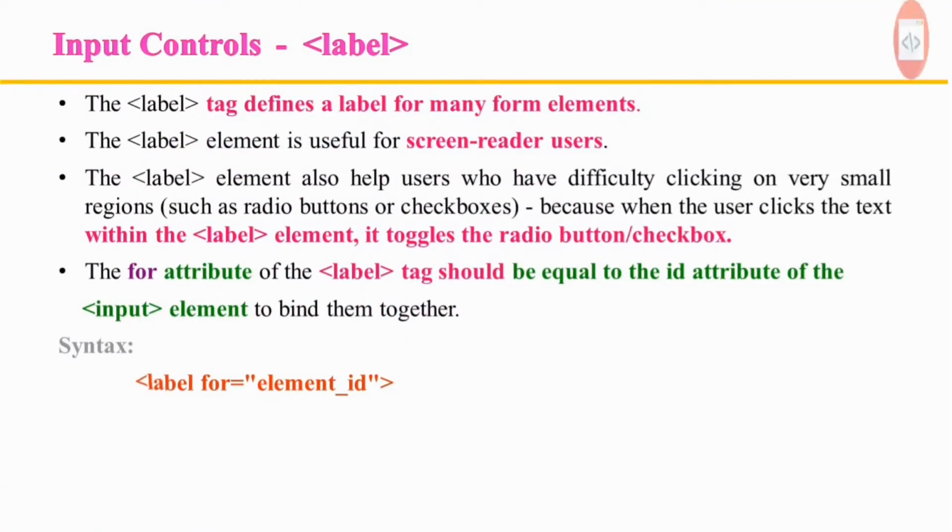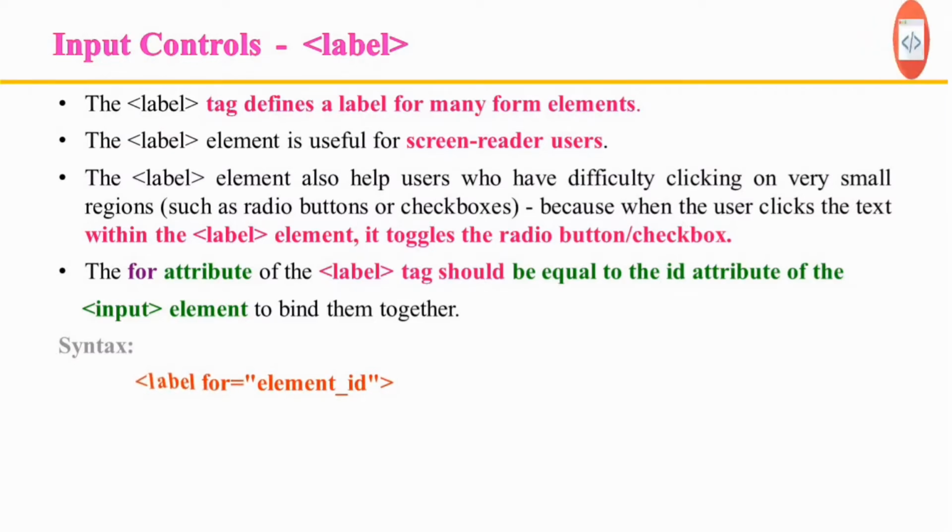Before we go on to checkboxes and radio buttons, I want to mention the label tag. The label element represents a caption for an item. This tag adds a label to a form control such as text, email, password, text area, and it toggles the control when the user clicks on the text within the label element. This feature is especially useful with checkboxes and radio buttons.